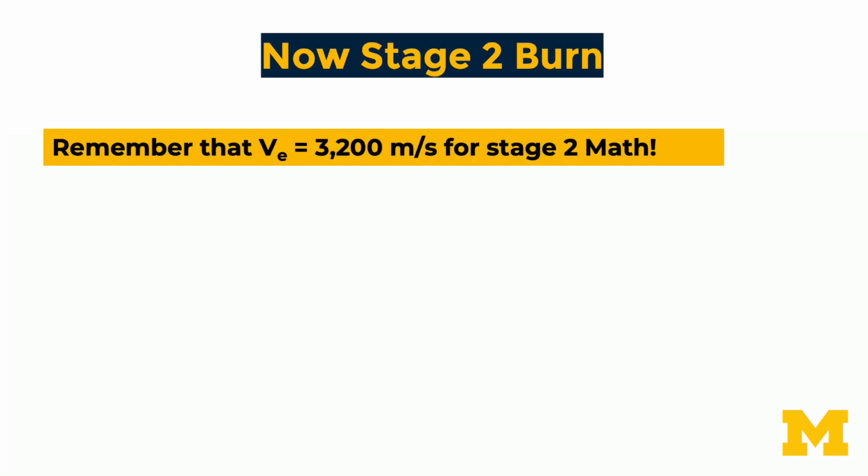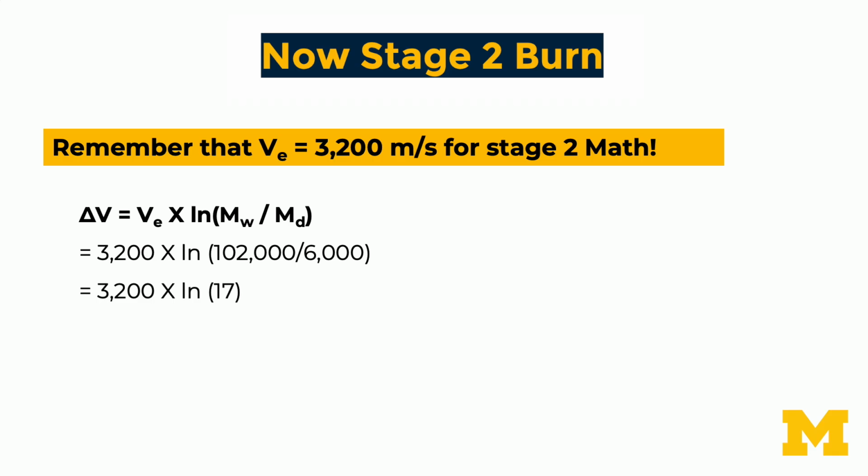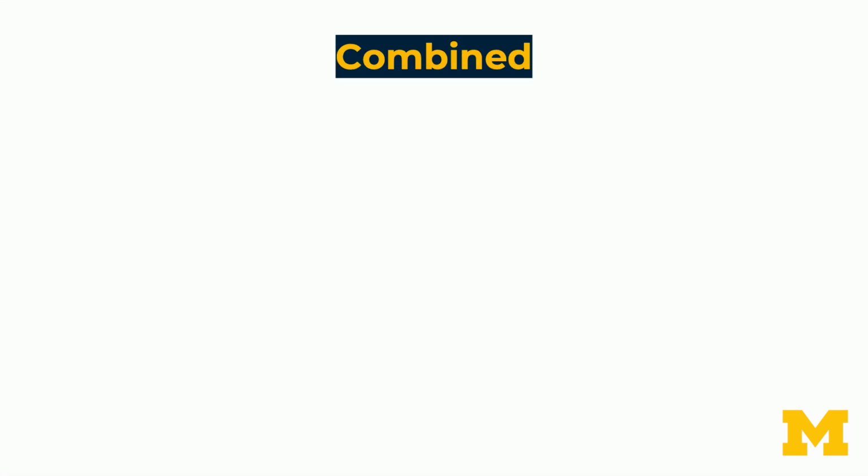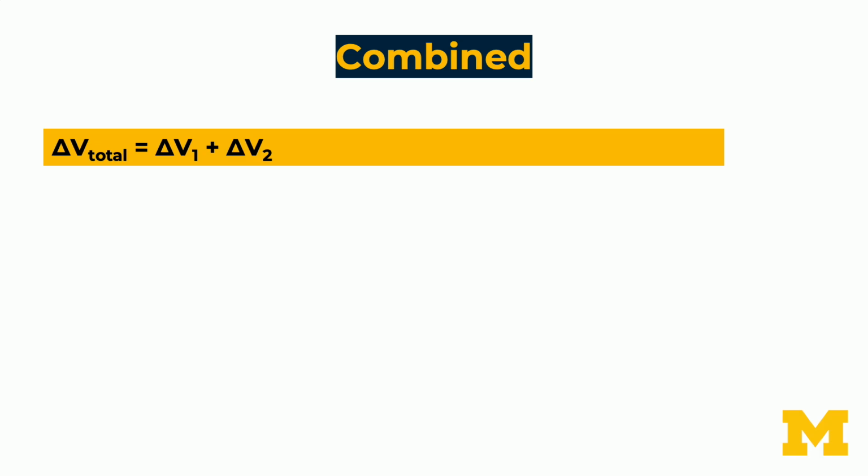So now we remember that the exhaust velocity is 3,200 meters per second for stage 2. And when we plug this into the rocket equation, we get that the delta V for the second stage is 9,000 meters per second. So the second stage is super efficient. When we combine stage 1 and stage 2, we just add those delta V's together. Stage 1 fires, it gives you delta V1. Stage 2 fires, it gives you delta V2. When we add those together, we get a total of